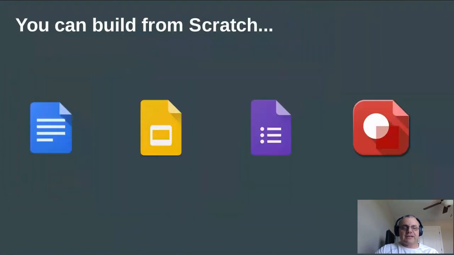However, here's the neat thing. You can build them from scratch using any of these tools. If you're comfortable in Google Docs, then use Google Docs. If you want to be able to do something that Google Docs doesn't do, and you're okay with Google Slides, then use Google Slides. If you want something that's kind of interesting and can be done differently, you can use Google Forms if you're experienced with Google Forms. But use something that you're comfortable with, and when you're comfortable with it,